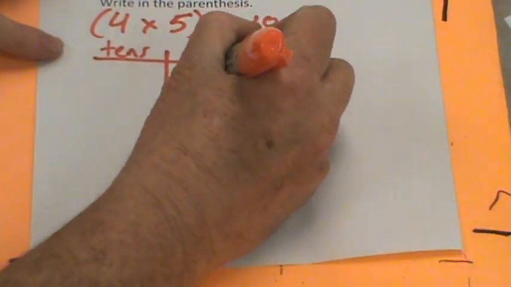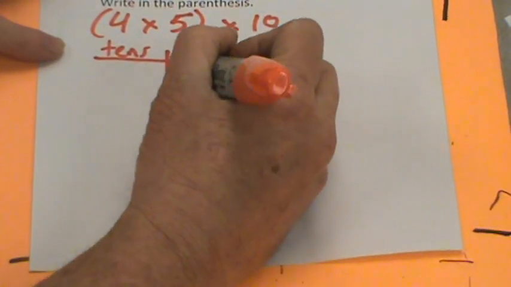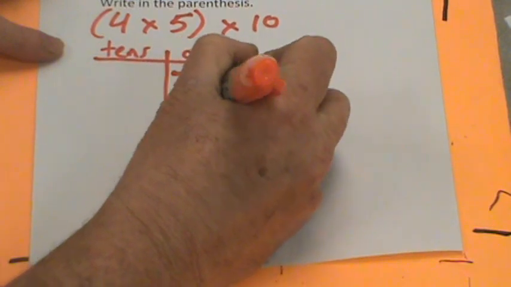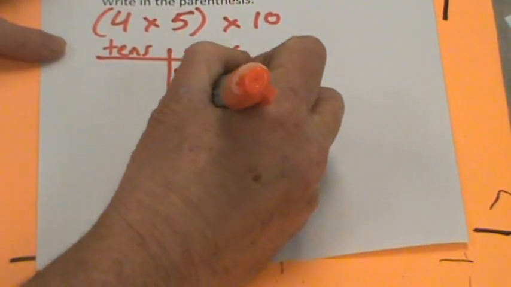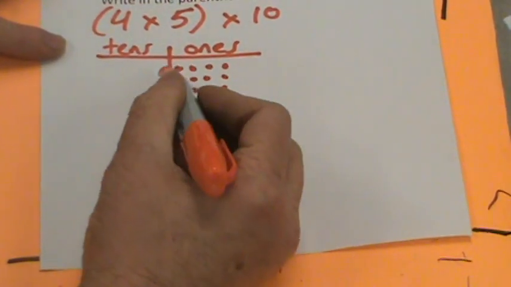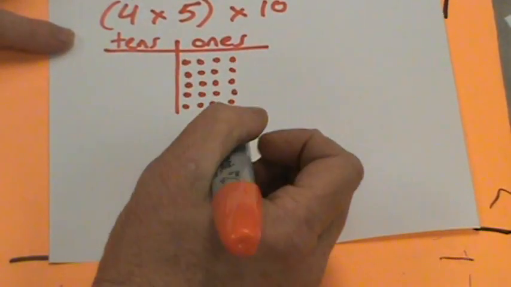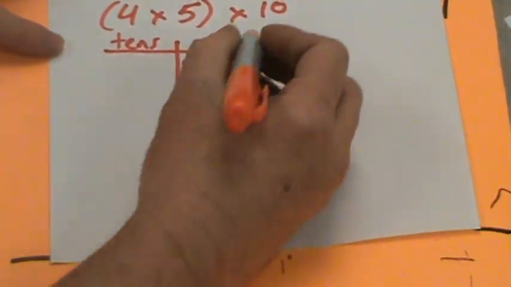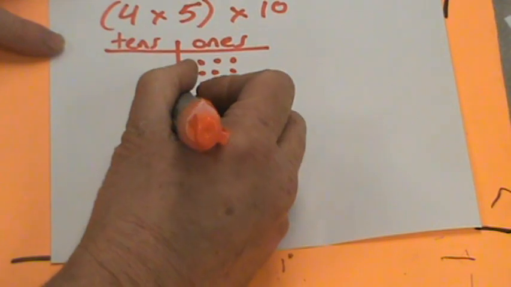1, 2, 3, 4 once. 1, 2, 3, 4 twice. 1, 2, 3, 4 3 times. 1, 2, 3, 4 4 times. 1, 2, 3, 4 5 times. What do we got? 4, 8, 12, 16, and 20. We have 20 ones, right? So now what we're going to do is we're going to multiply these 20 ones by 10,